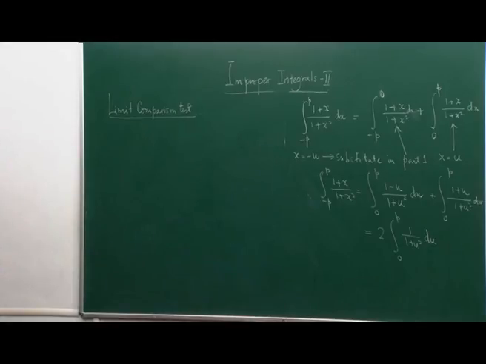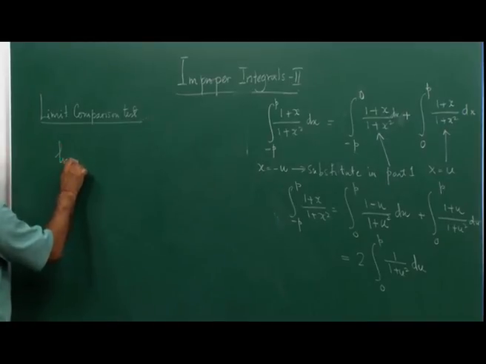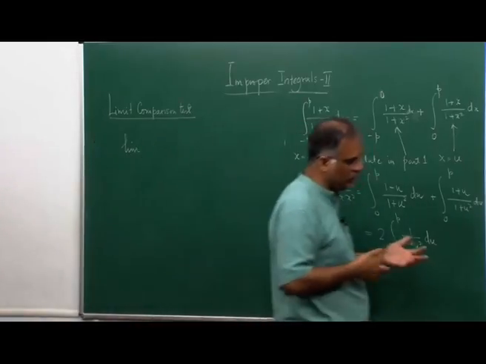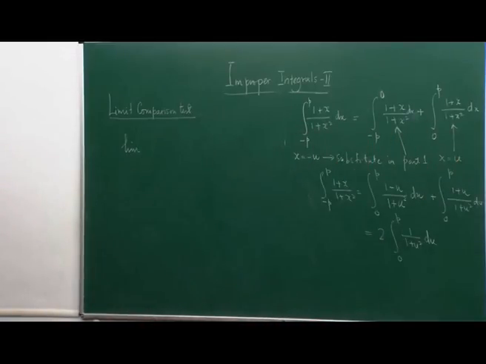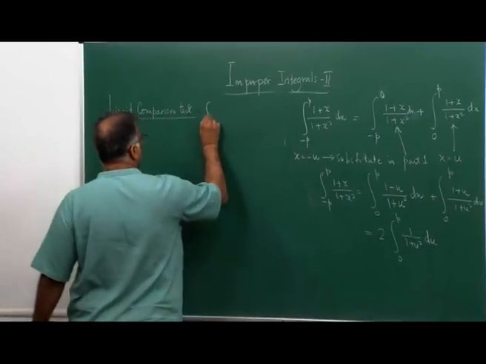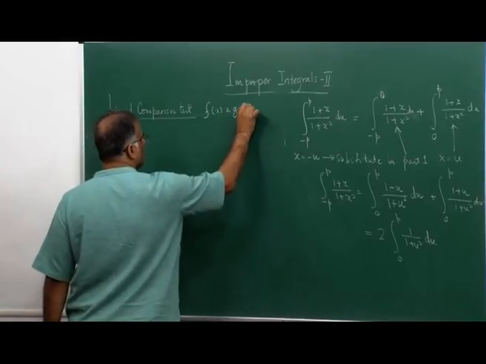So, the limit comparison test says the following. I am writing the statement from Thomas and Finney, or Thomas's calculus, but it is a standard result and you will find it in too many books on analysis. So, you have two functions f and g, right, and you do not know what their nature is. So, here I will have f x and g x, which are positive functions